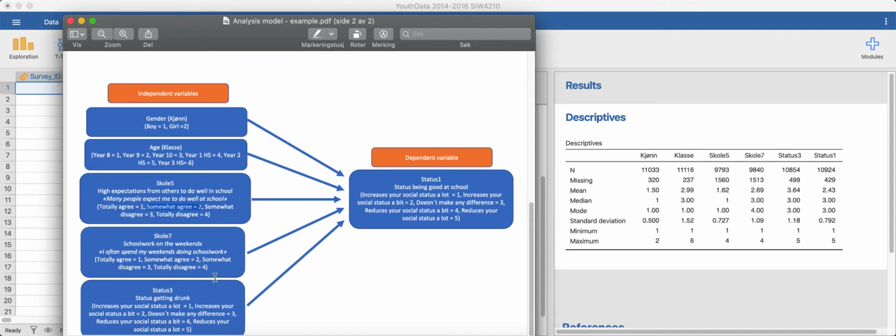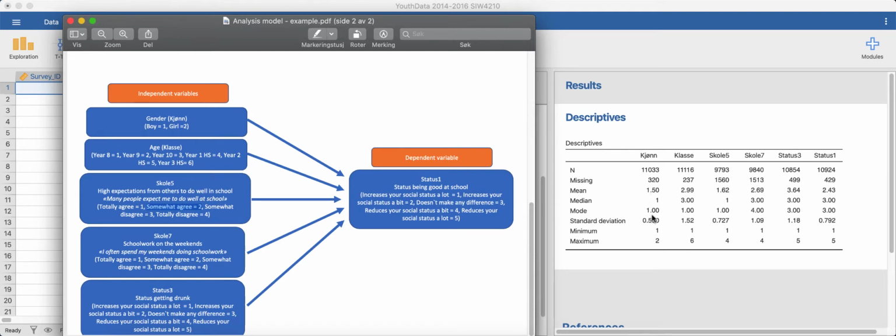If it was 1.5, it would be between totally agree and somewhat agree. So it's somewhere between totally agree and somewhat agree, but more towards somewhat agree, because it's 1.62. So when interpreting these measures, you have to look at the level of measurement for the different variables. Are they scaled, or are they at the nominal level? And you also have to know how the questions have been asked to make a reasonable